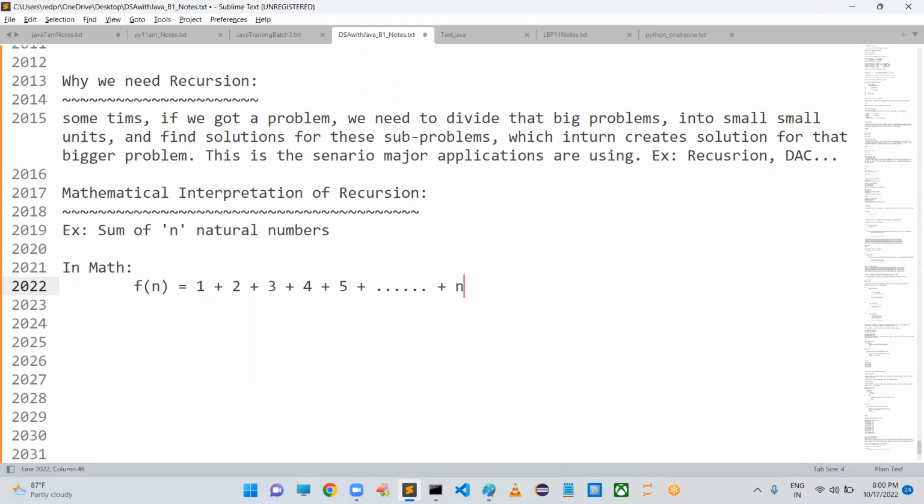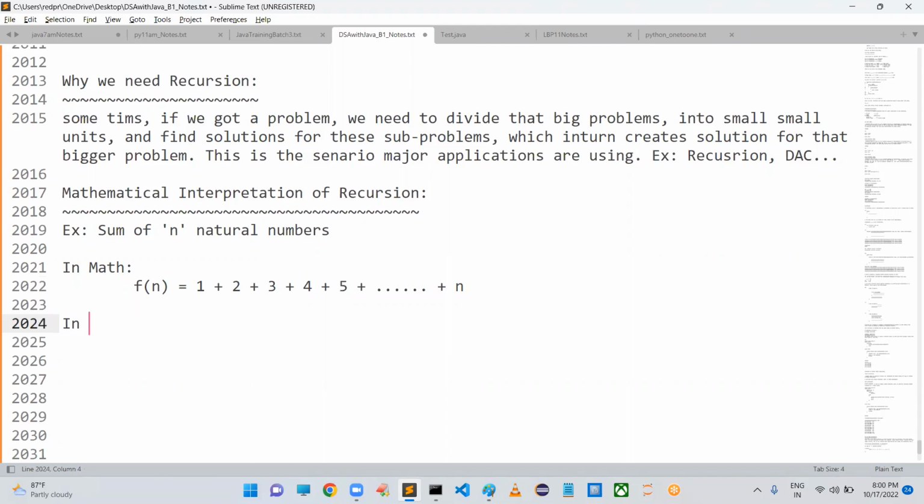And we can solve this function using this recurrence relation. We will get the result also, right? Someone already shared the answer, n into n plus 1 by 2. Yes, correct. That is the solution for this problem. In mathematics, this is the approach.